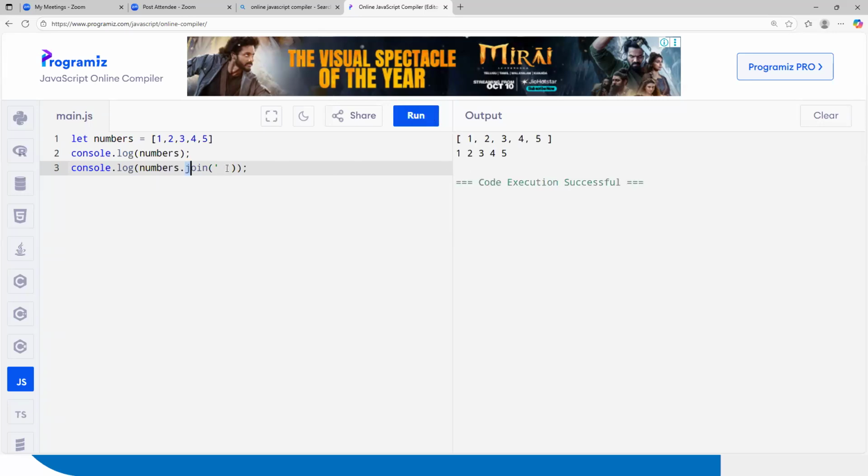Whenever you use join, your complete numbers will become a string. Your complete numbers will become a string here. So what join will do is it returns the string. And if you want to verify, we can say let outcome equal, then outcome, first console.log and just say